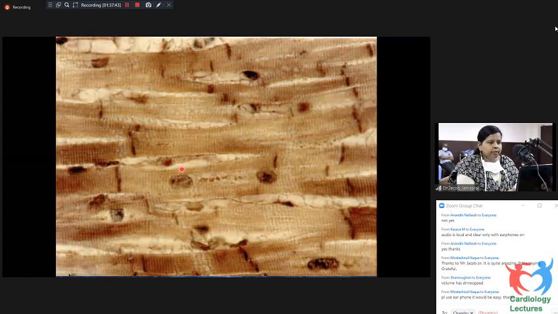Coming to the myocardium. Myocardium consists predominantly of cardiac muscle cells, which are 120 microns long and 20 to 30 microns in diameter in a normal adult. Each cell has one or two large nuclei occupying the central part of the cell. The cells are branched at the ends, and the branches of the adjacent cells are so tightly associated that their appearance under light microscopy is of a network of branching and anastomosing fibers. Cells are bound together by elaborate junctional complexes, the intercalated discs. So this is the view of the